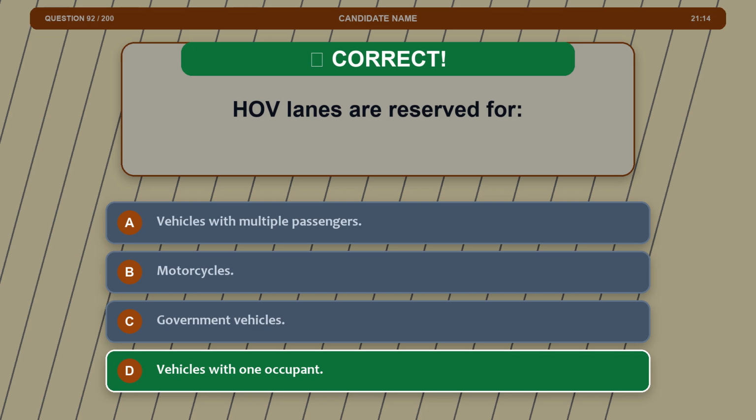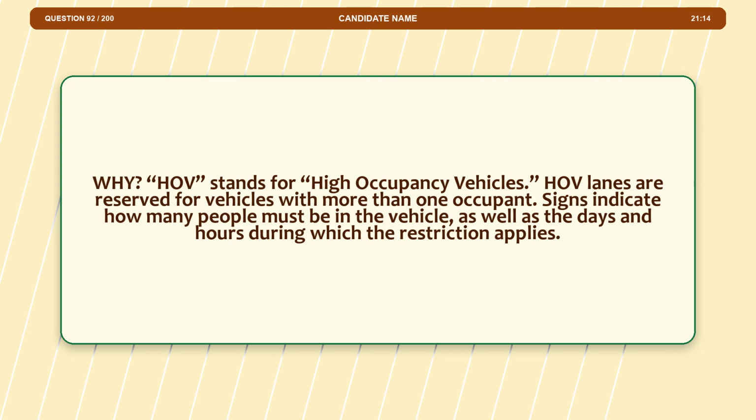The correct answer is option D, vehicles with one occupant. Explanation. HOV stands for high occupancy vehicles. HOV lanes are reserved for vehicles with more than one occupant. Signs indicate how many people must be in the vehicle, as well as the days and hours during which the